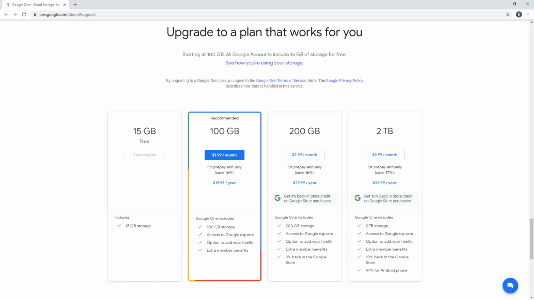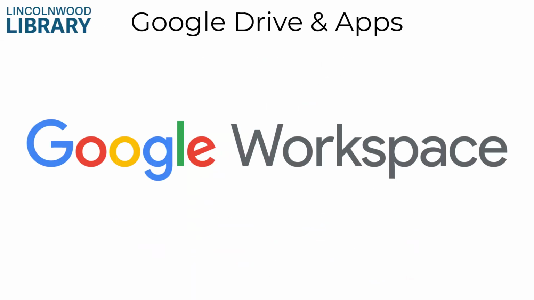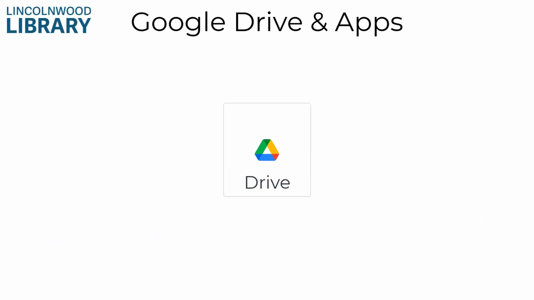Google offers standard versions of these applications for free to anyone, but some organizations pay monthly subscriptions for even more powerful versions of these applications, which Google calls Google Workspace. We'll go through the free versions today, and we'll talk about making a Google account. And then once you have that, many of the applications you can use, such as Google Drive, which is the